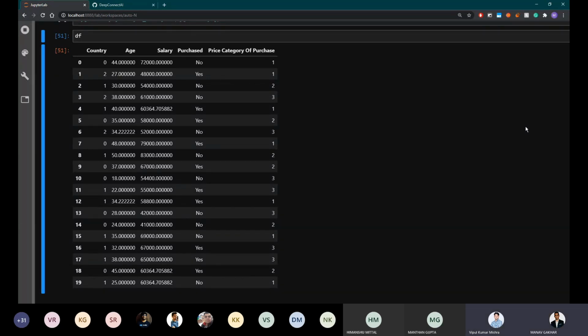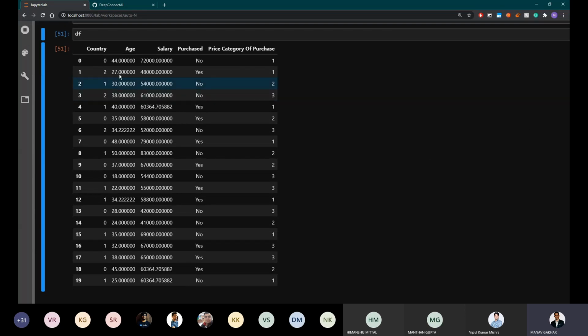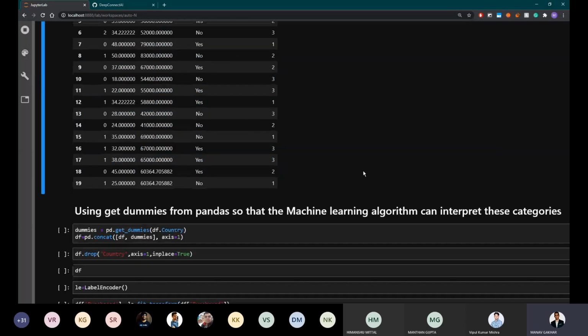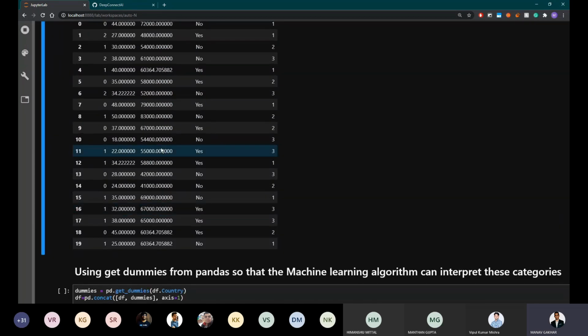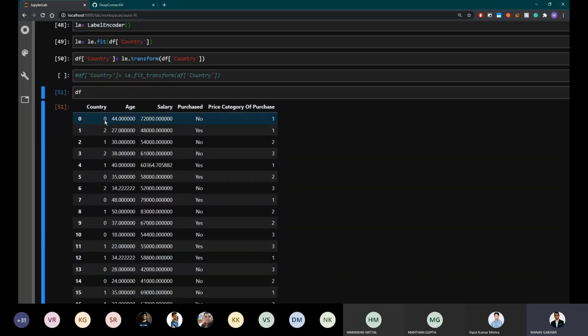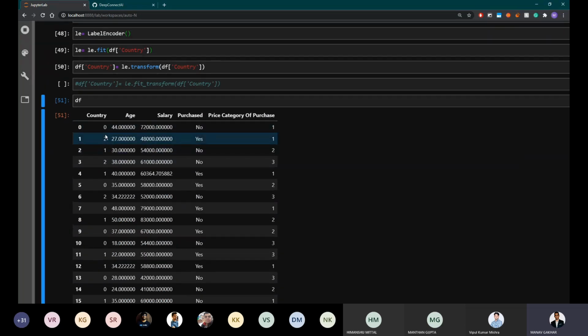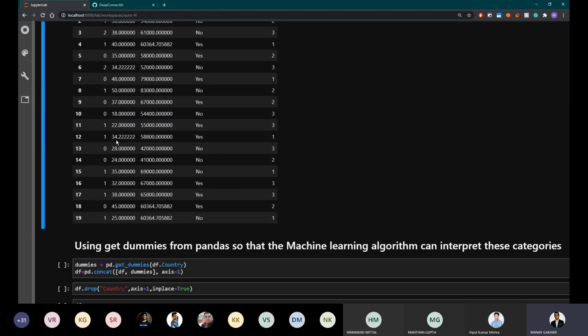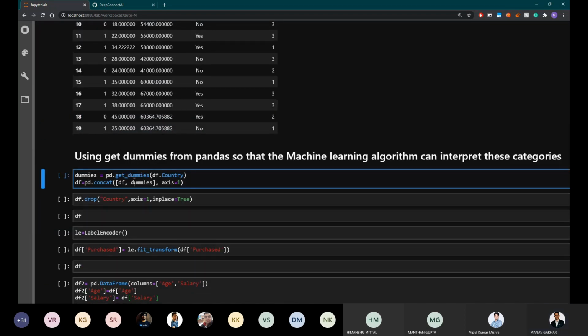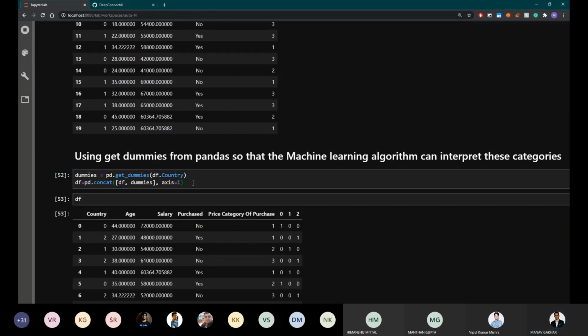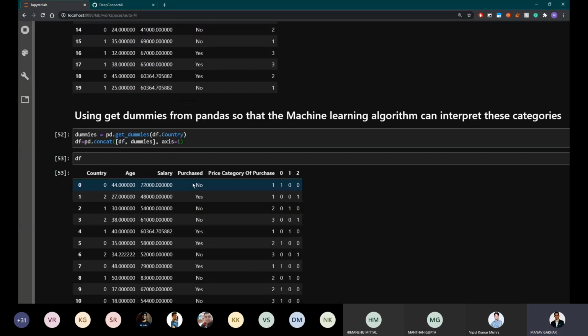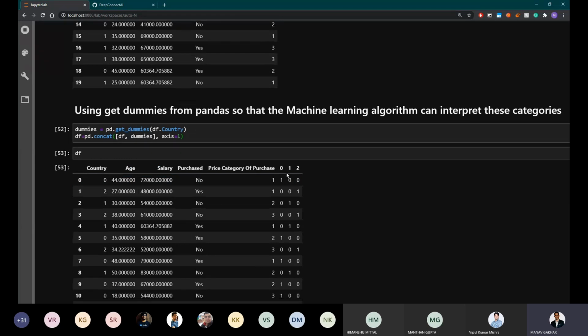Okay, sir. So as the professor said, if we are using linear or logistic regression, you should know what to do. It's pretty useful. So we'll use this thing from pandas, which is called get dummies. Country column has 3 countries, right? Spain, France, and Germany. So instead of doing a 0, 2, or 1, it will create 3 different columns, which will have binary values. I'll just try to show you how it looks. So what it did was it used the 3 countries, Spain, France, and Germany, and made 3 columns.